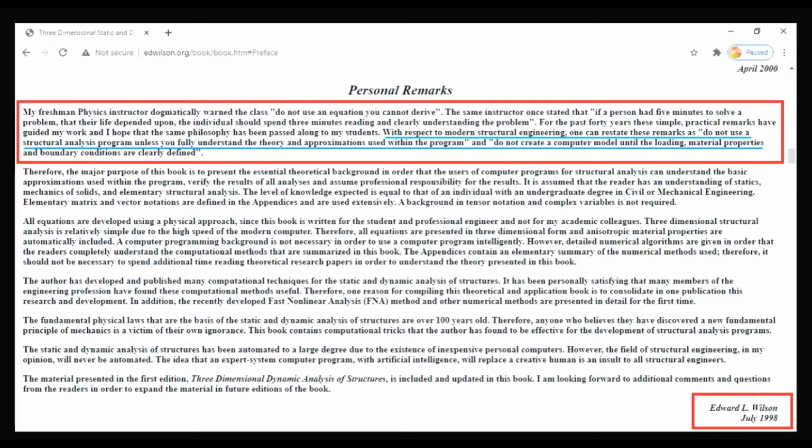So the course is meant for UG students, PG students as well as practicing engineers who may be using a sophisticated computer program like ETABS, but you must have a physical understanding as well as a mathematical understanding of all those equations which are buried deep inside those programs which we rarely see.